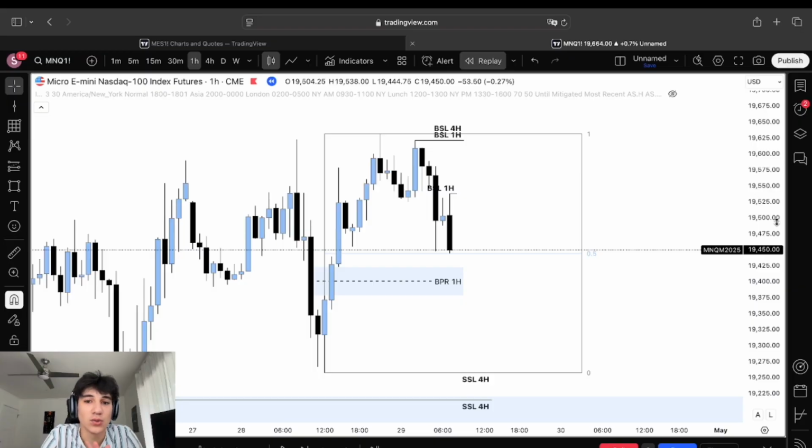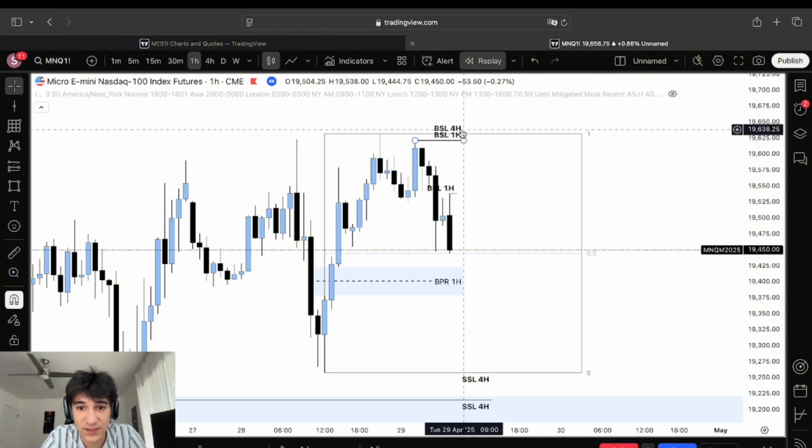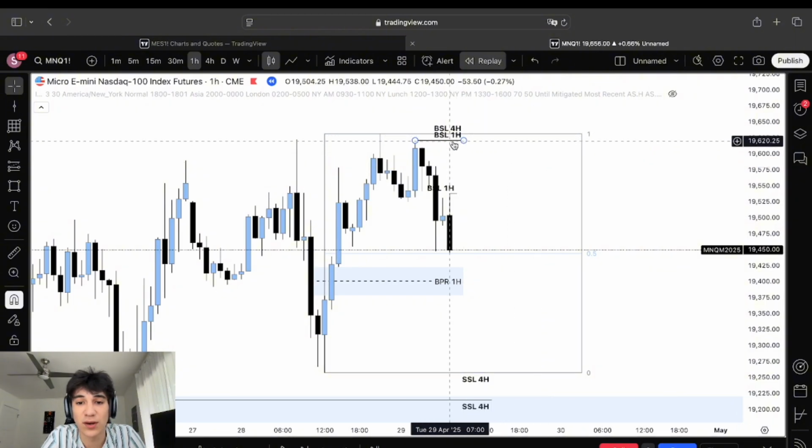All right, so starting off, we're back in replay mode, kind of going off how to break down this trade and how I took this trade, and how you guys can as well. So we're starting off on the 4 hour/1 hour. We see on NASDAQ we have these 4 hour highs and then these 1 hour highs right here,